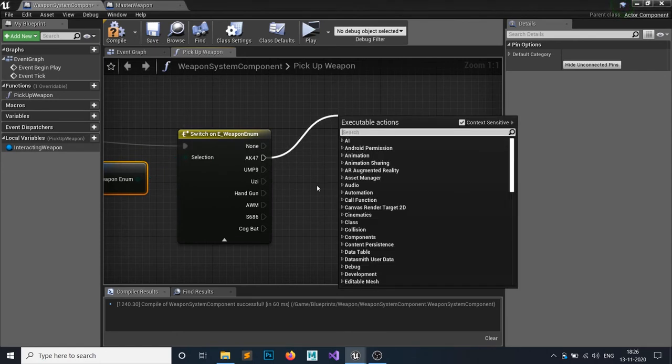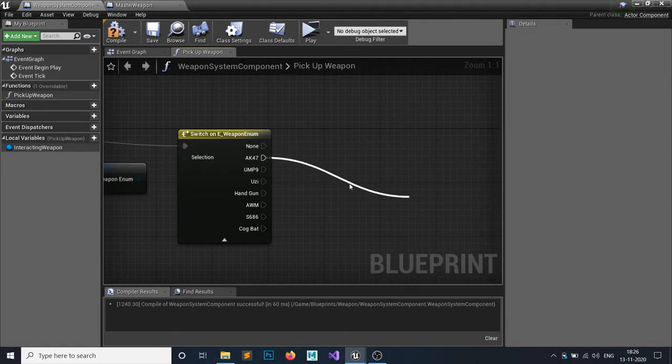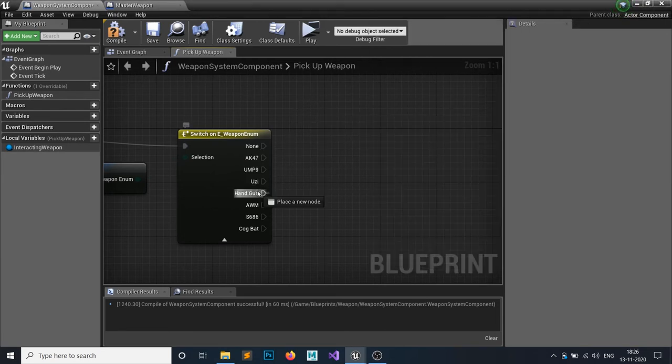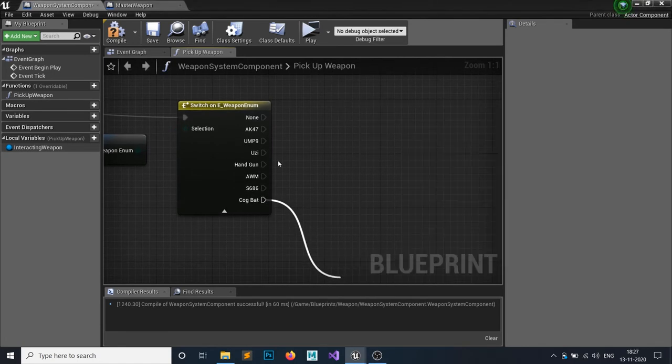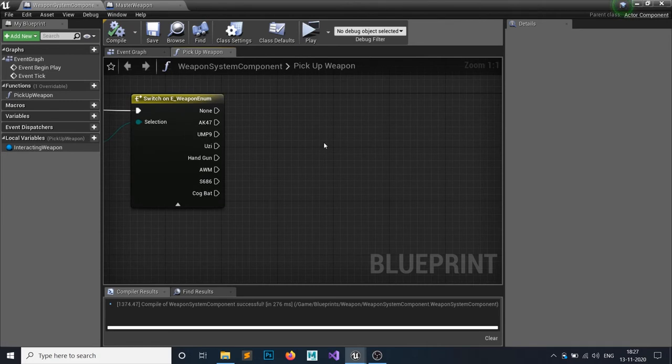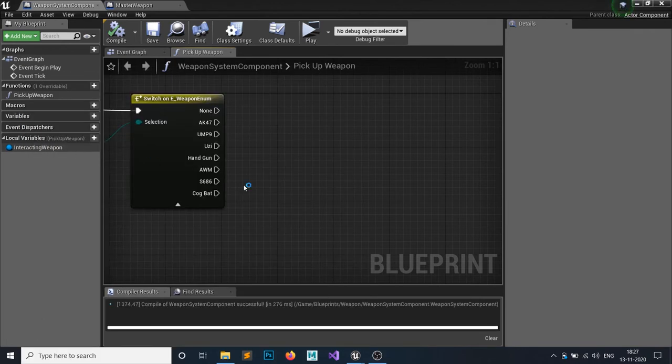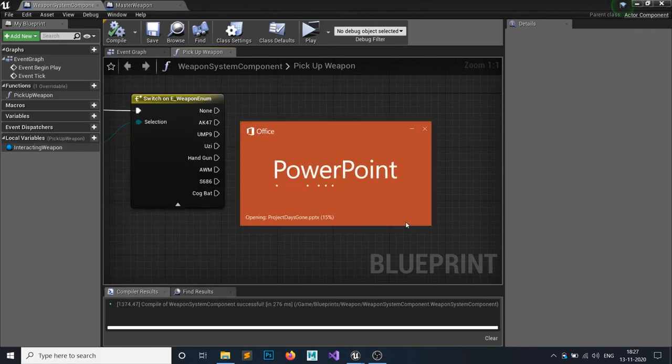If it's a rifle type of weapon, then it will go to the rifle ones. If it's a pistol type of weapon, then these all are the pistol holsters, and this is a melee type. So based on this, we can select which holster this weapon belongs to, and we can just code this all. Before that, let me show you the algorithm, because otherwise it's not making any sense.